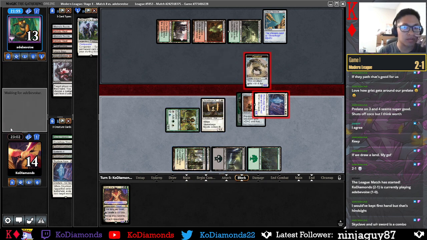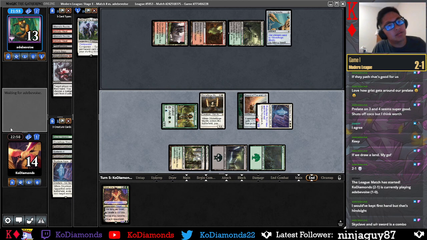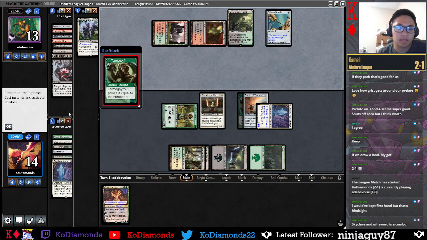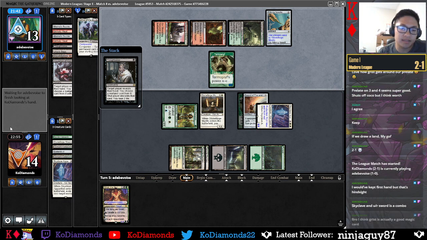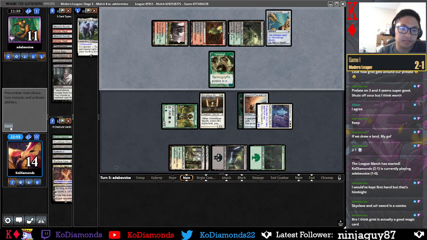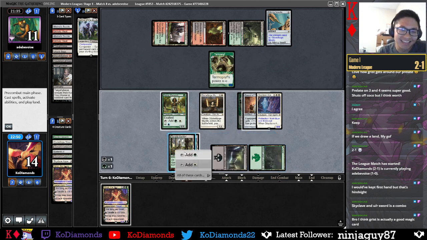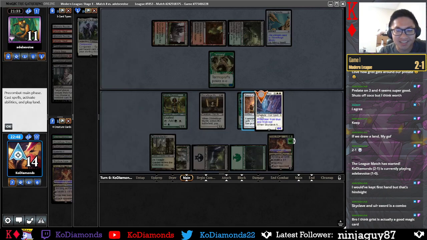And I equip it to the Skyclaves. I don't want them to die, obviously. I don't understand that play. Okay. Oh, God. It's a big, chunky Goyf, too. Oh, I love you, deck. Thank you for rewarding me for...